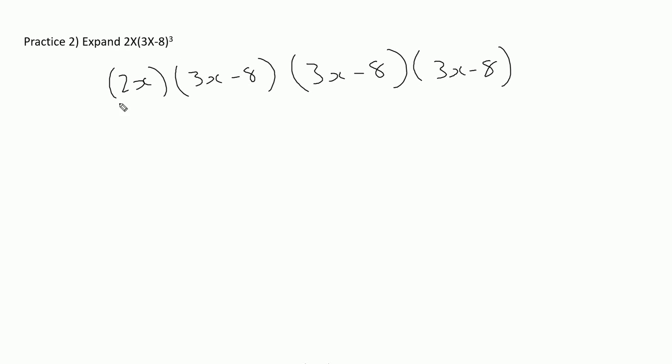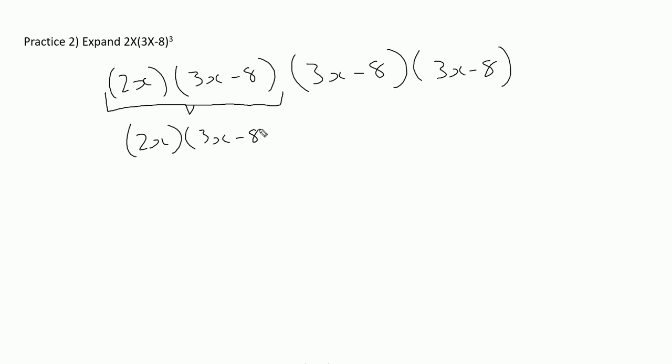And now, remembering what I said earlier, it's always good to look at these longer problems simply in sets of 2, because we know how to deal with 2 brackets. So if I just rewrite this part of the problem,